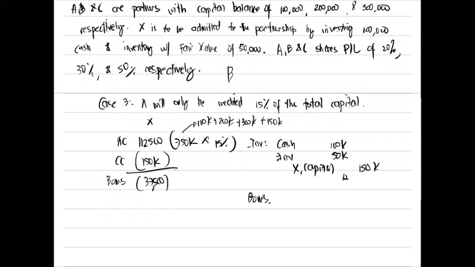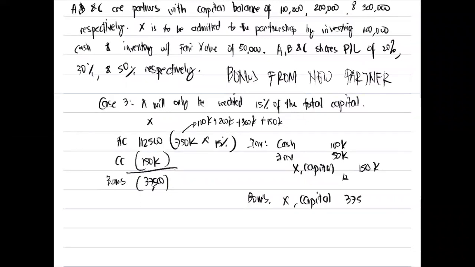So this is a bonus from new partner. If that is a bonus from new partner, we need to decrease the new partner's capital. So we decrease X capital by the amount of bonus, 37,500. So ito. And then